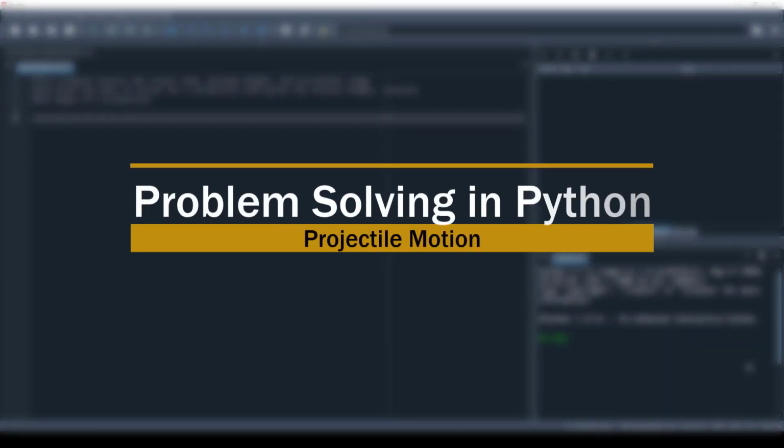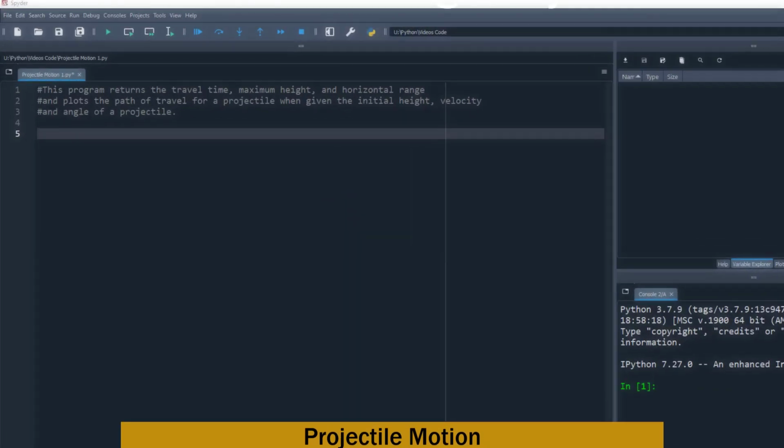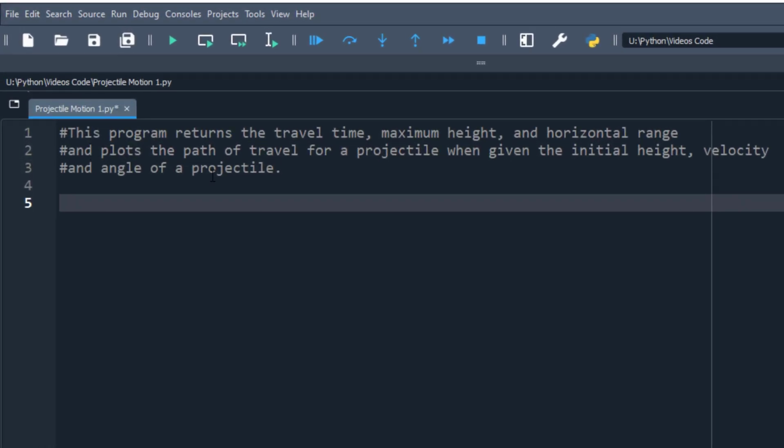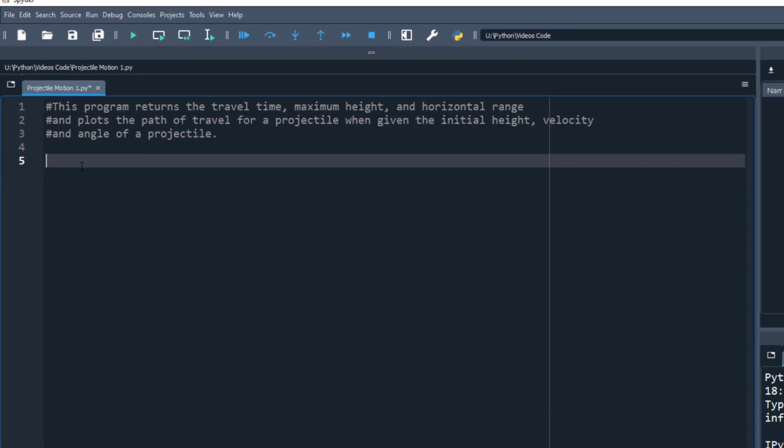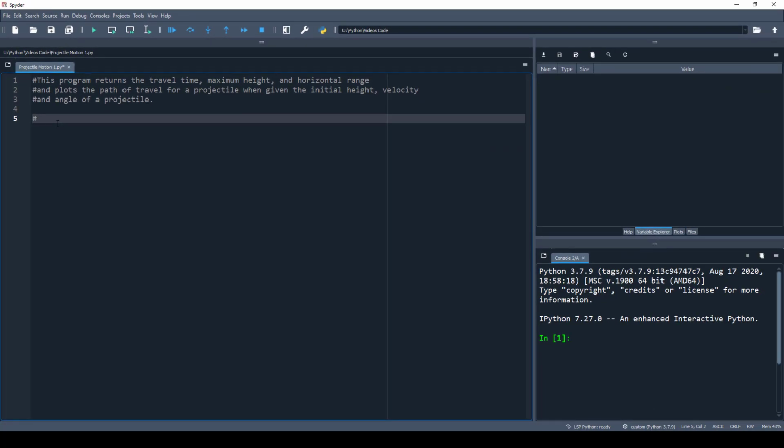Hello! In this video, we're going to use Python to do some calculation and analysis related to projectile motion. So we want to write a program that returns the travel time, maximum height, and horizontal range of a projectile, and then plots the travel path for the projectile when we input the initial height, velocity, and angle for the projectile. It's a good idea to write pseudocode or sort of map out your code as you're starting a problem